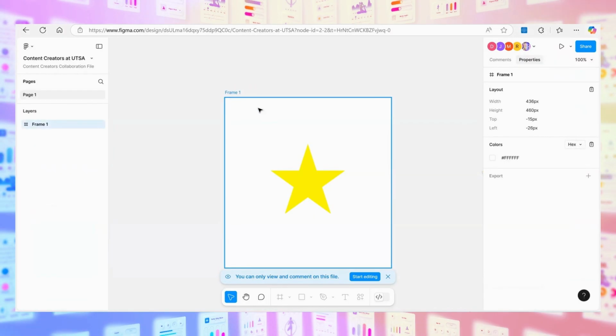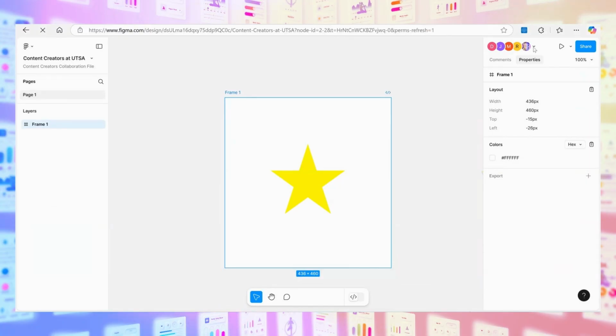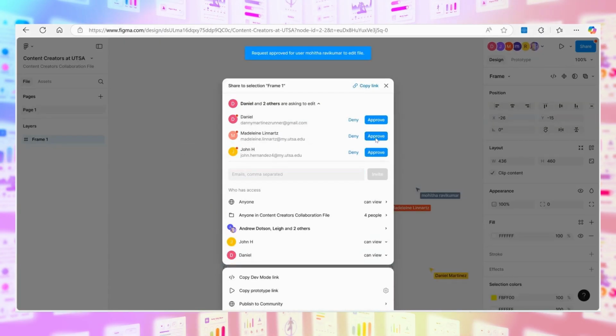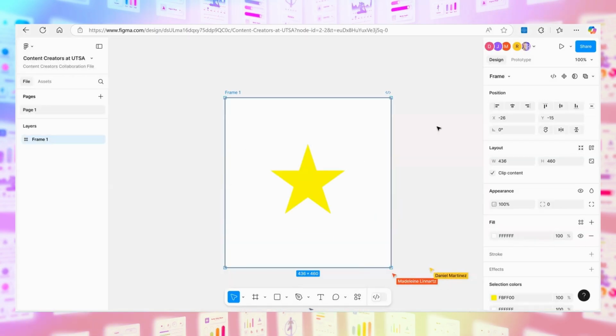So we have this little guy here. Does everybody have full access? Are you up on Figma to play with it? I have full access. You do? Awesome. Okay, so we are on Figma. Wants to edit, approve. Okay, here we go. Awesome, y'all. So this is our little prototype.